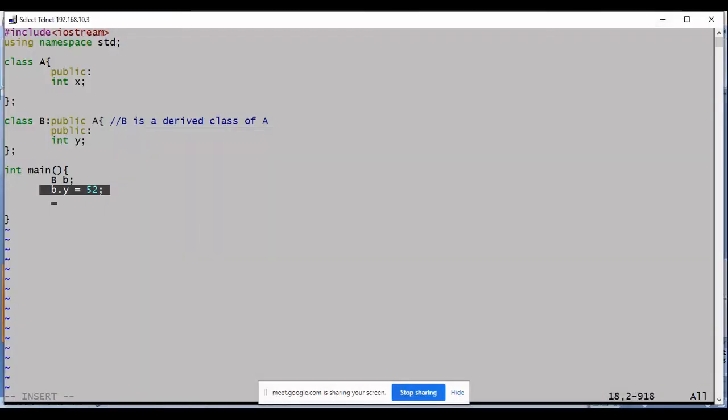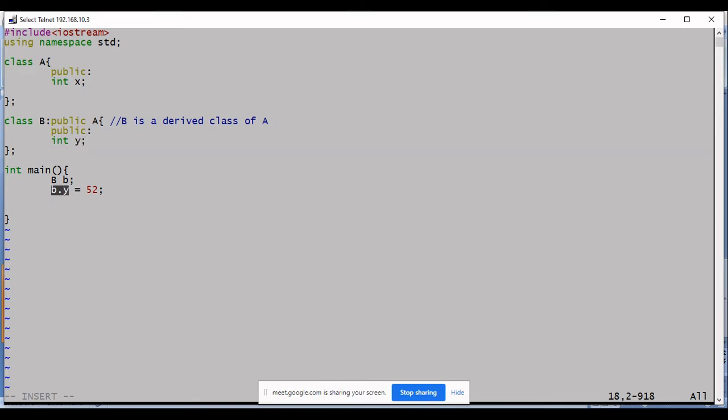Why not? Because I don't think it will access that value for Y. See, it is not in the private section, it is in the public section. I have explicitly stated that the member data in respective classes is public.